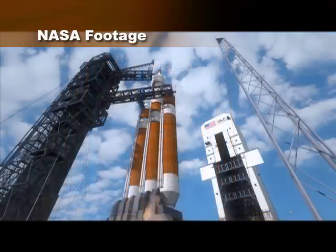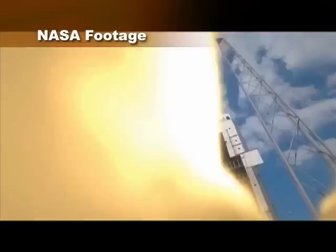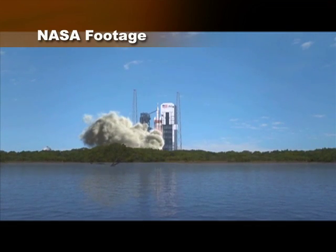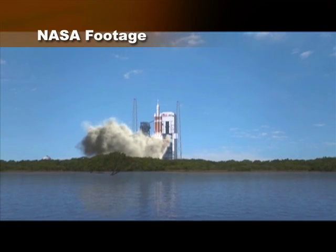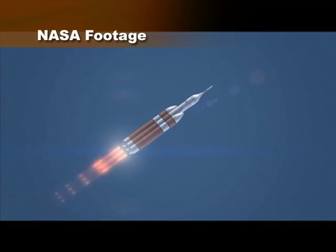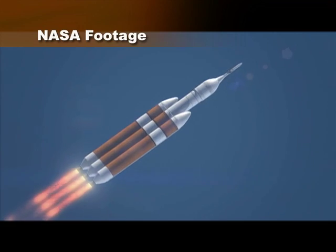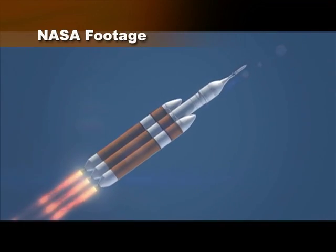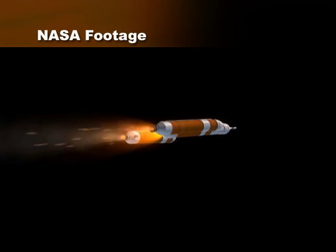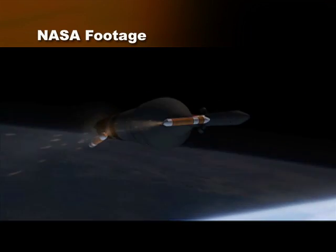What you see here is a Delta IV Heavy booster being launched from the pad. This is a flight test that Orion's going to conduct in 2014. It's a Delta IV Heavy unmanned booster with 2 strap-on boosters on the side. Once we get through first stage, the strap-on boosters separate themselves, and the central core continues on as a second